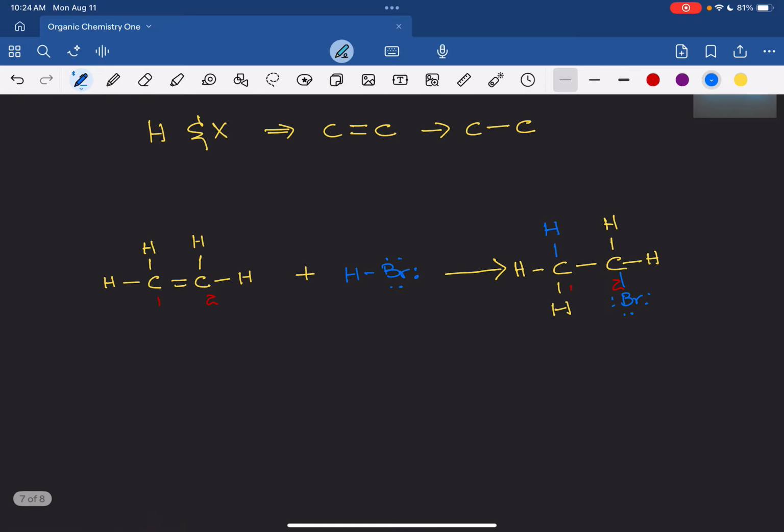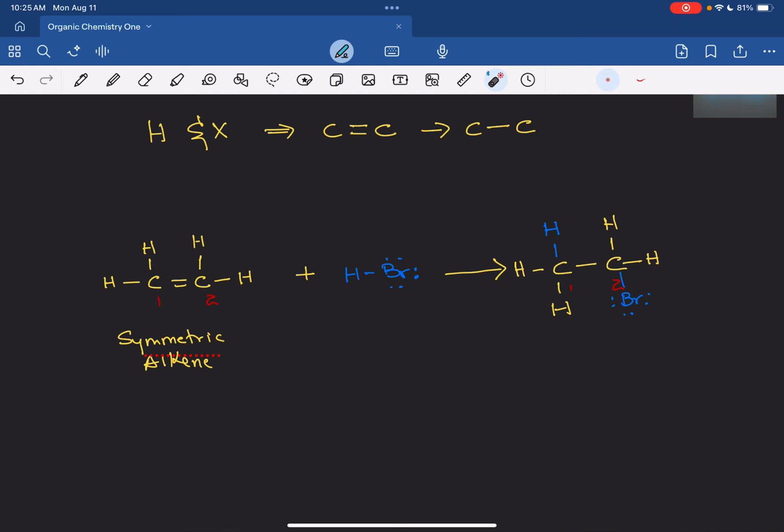Here's why. Because your alkene is symmetric, this is a symmetric alkene, and I'm going to explain what that means in a minute. So it doesn't matter if I put my hydrogen on carbon 1 or carbon 2, you'll get the same product,